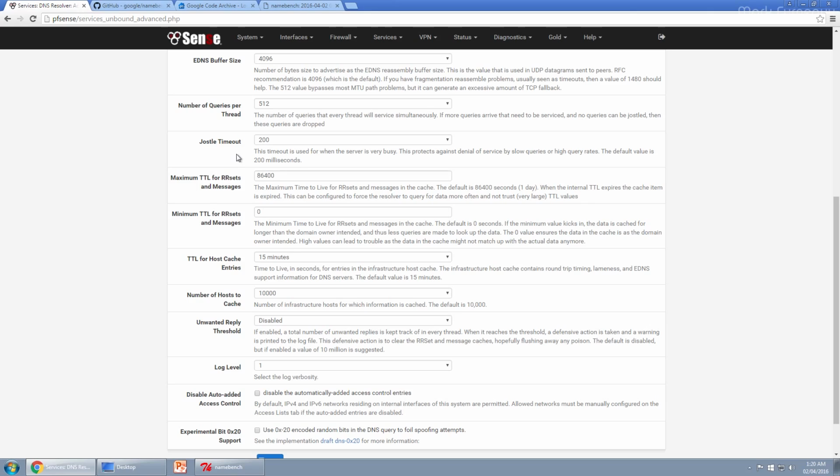Once the number of queries per thread is met or exceeded, Unbound will resolve 50% of these queries, and for the other 50%, it will wait the Jostle timeout to see if they've been resolved or not. If those queries do not get resolved within 200 milliseconds in this case, or you can change the value, then they're just dropped,